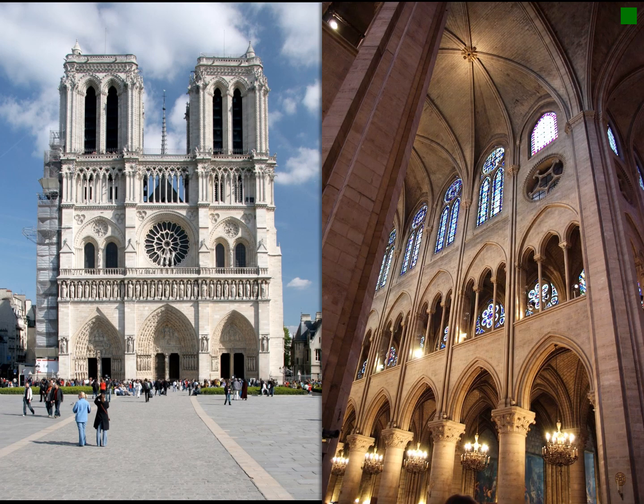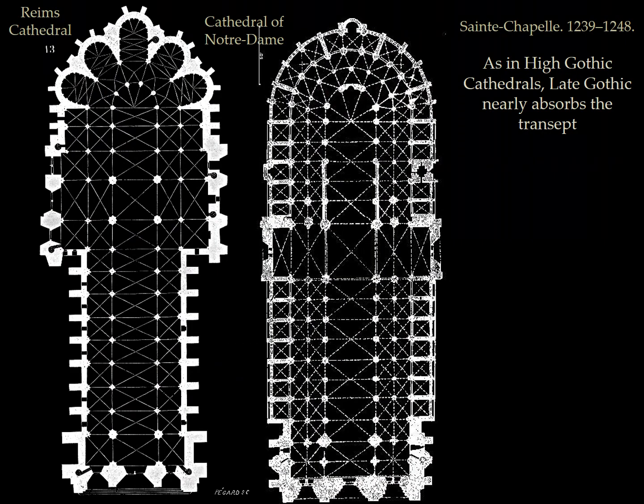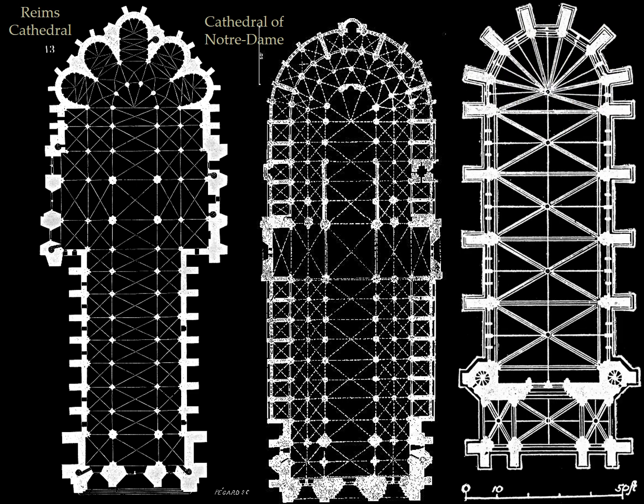Here, the interior space is the tripartite division that we have seen ever since Saint-Étienne at Caen, with the lower nave, the triforium, and the clerestory above. Now, this is as high as the high Gothic cathedrals, and these late Gothic nearly absorbs